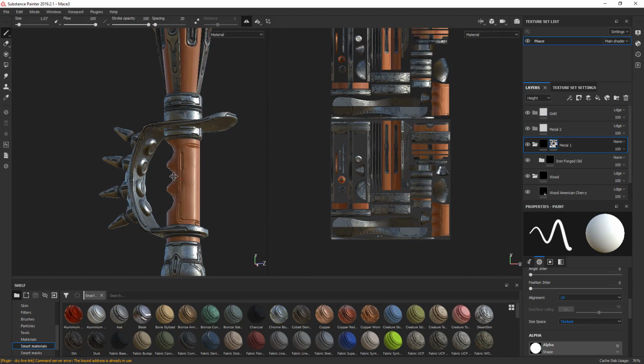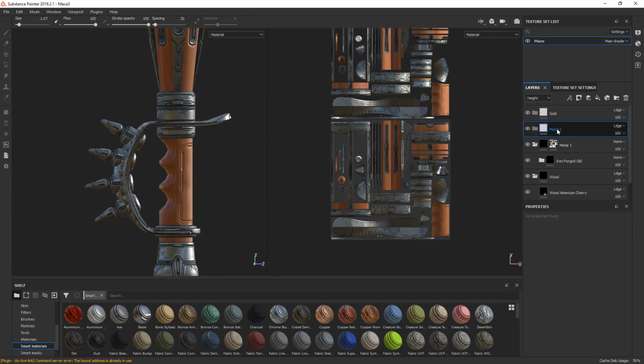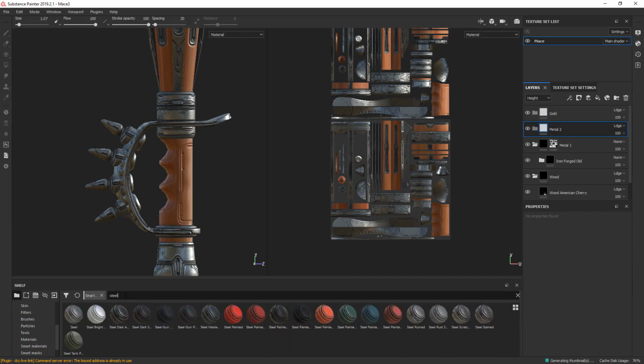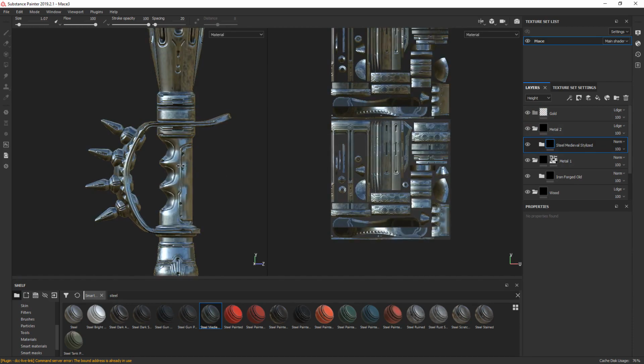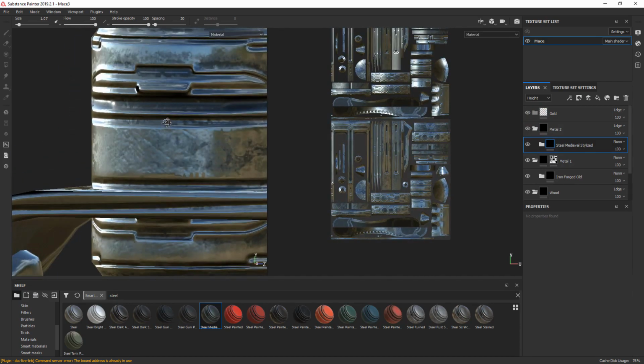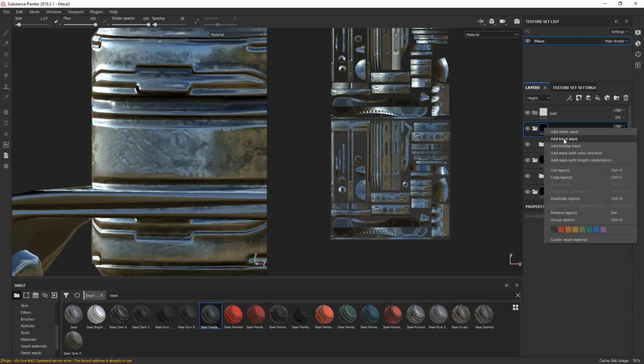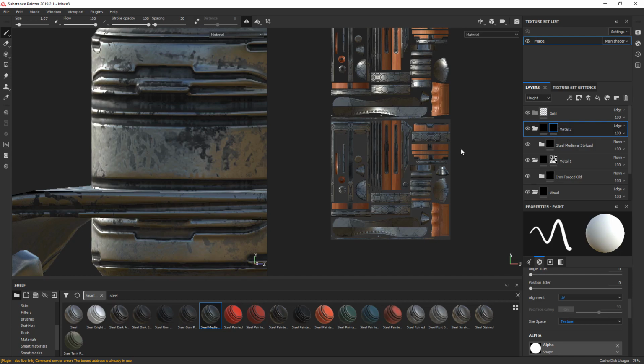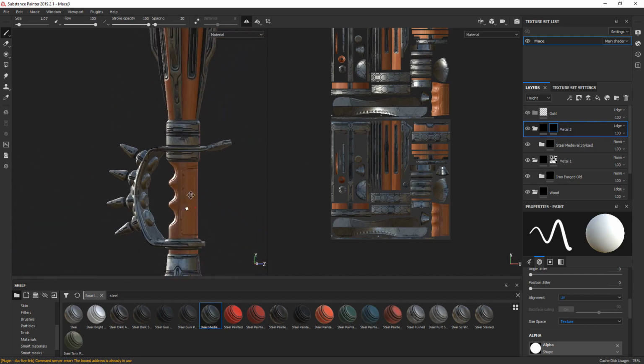Always good to double check everything. Let's add another metal layer. I'm gonna filter for steel on our smart materials, and then I want to have the steel medieval. No, how do you pronounce that? Medieval? Either way, let's create a black mask, and then with our brush set to white,